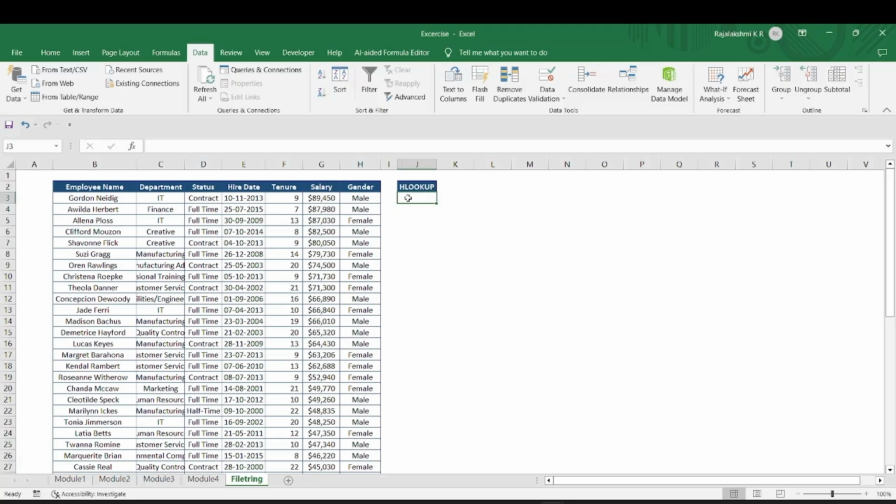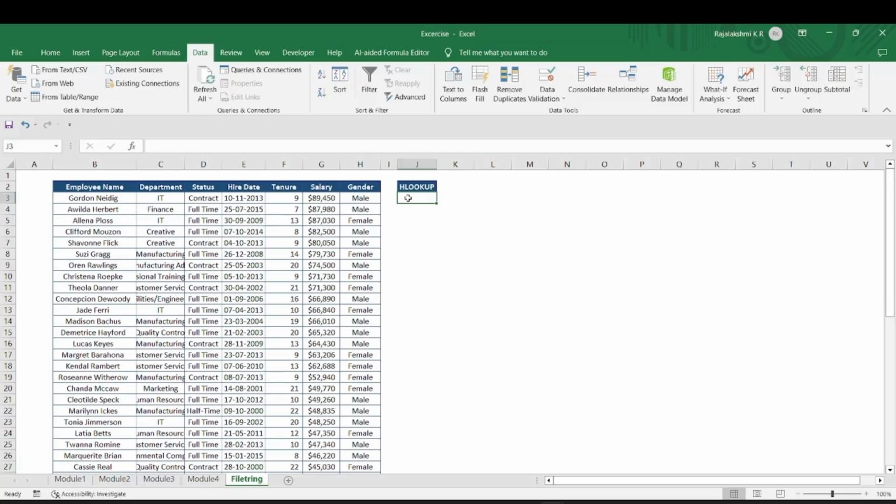Now my requirement is I want to find the 5th highest paid salary number for any employee from this table. I'm not interested in knowing the employee name who got the 5th highest salary. I need the number of that amount which was the 5th highest paid salary amount. To get that data,